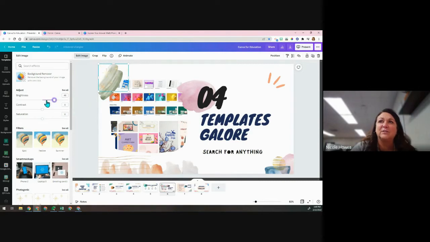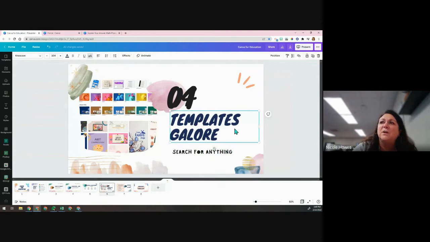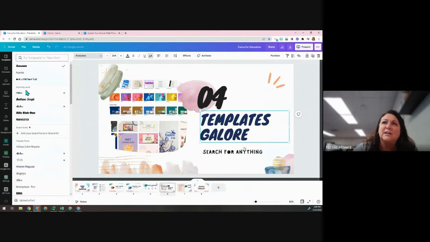You'll see that you can change the brightness or contrast. Depending on what you have clicked will depend on what features you have available that you can change. So for example, let me see if I can get this gray one. Of course, none of these. There we go. When you are in text, it's nice because you can actually change the text